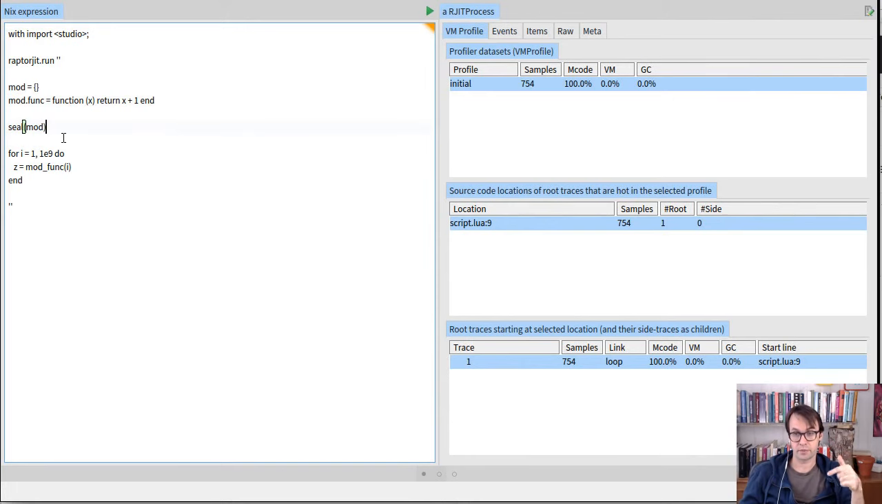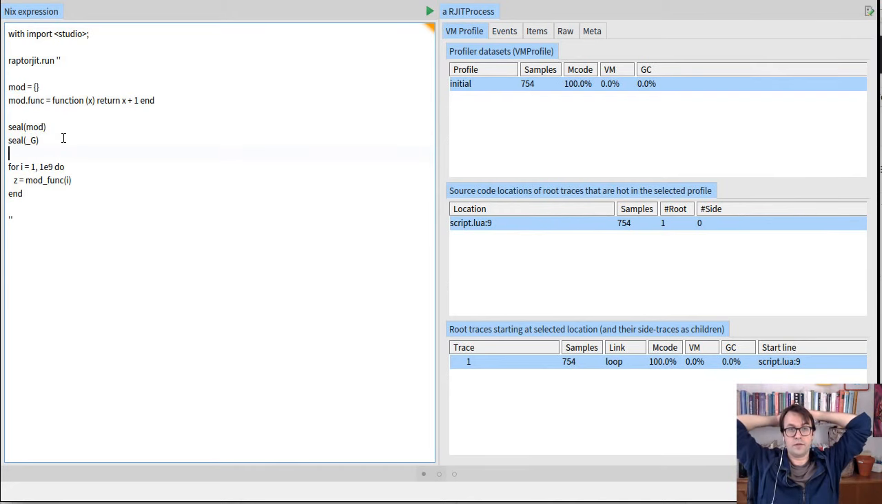We expect that we're going to be accessing them a lot, so we want to optimize the lookups, but we don't expect to be changing them very often. So we're willing to take a hit on updates, and we could also seal the globals table, which is called _g. So if we would do those two things, then